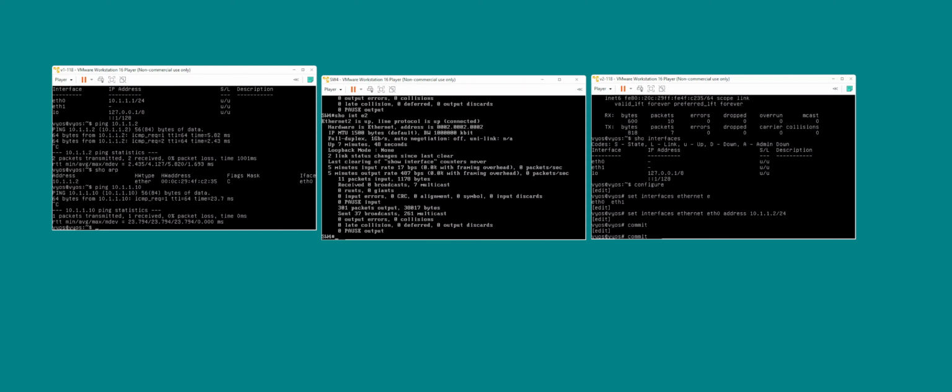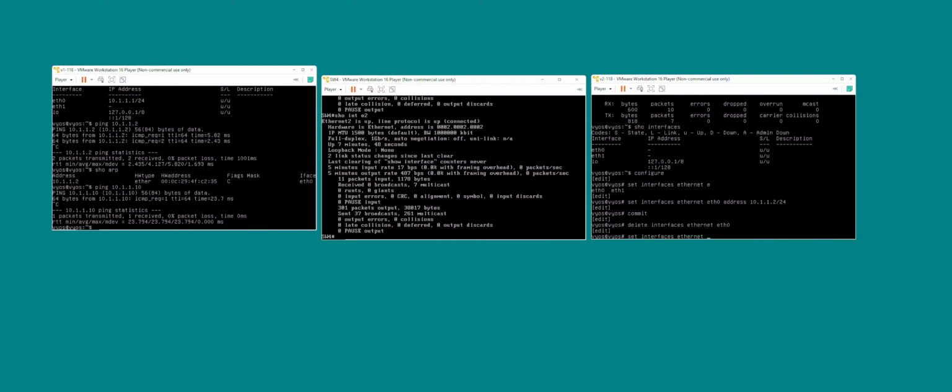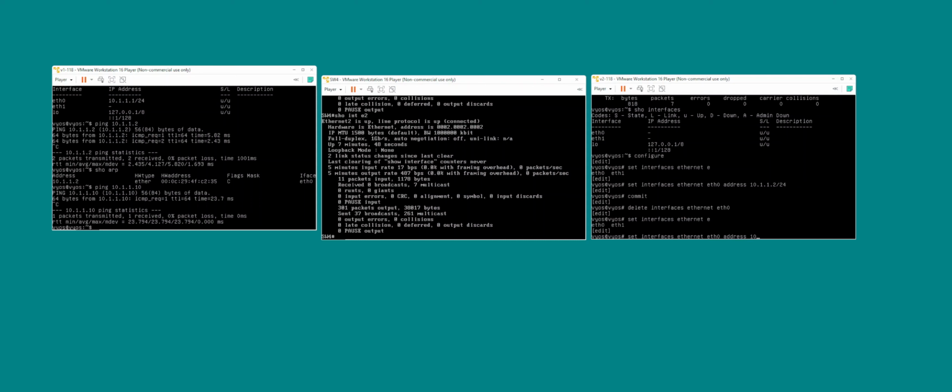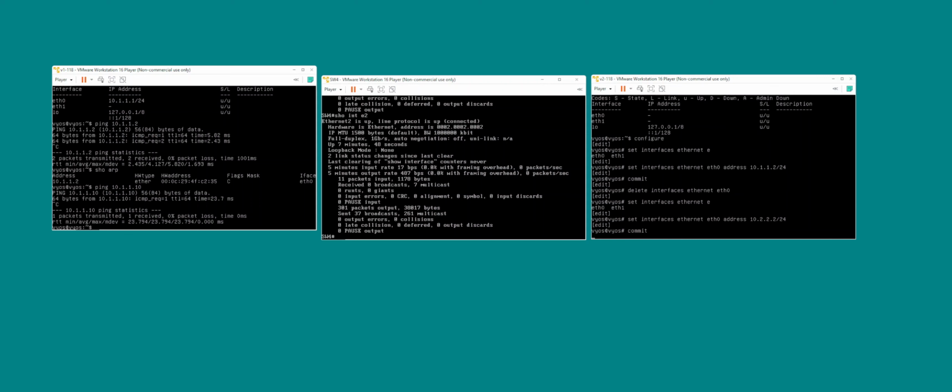And now for this guy, we're gonna do delete, because now we are on 2 different subnets. Before, this was a layer 2 switch, and both of the VIOSs could be on the same subnet, 10.1.1. So now we're going routed interfaces, so the subnet needs to be different. Set interface Ethernet 0 address 10.2.2.222/24. Commit,